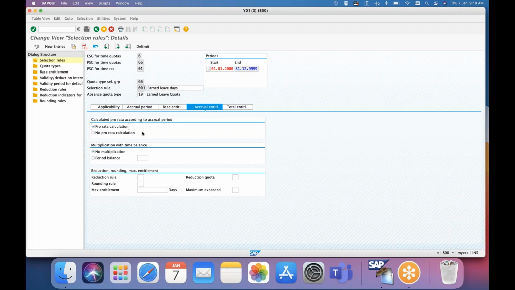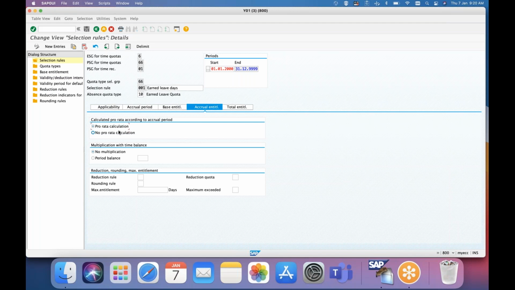So what will happen, the 30 leaves, you are telling it is for calendar year, and actual you are telling daily. So daily it will prorate, say for example, 366 or 365 days. So 30 divided by 365, or 366, basing on the year. And it will create quota day wise. Okay, got that. Thanks. Okay, that also we'll check anyhow.